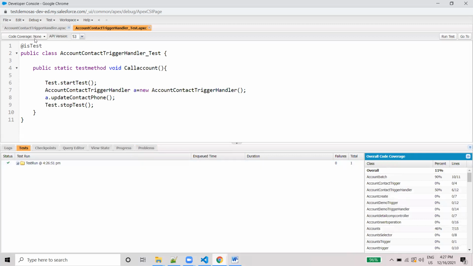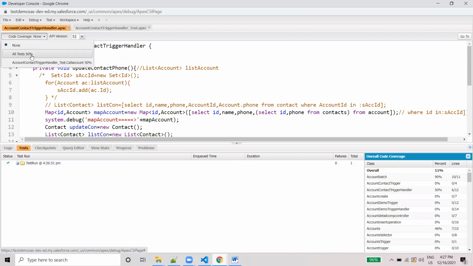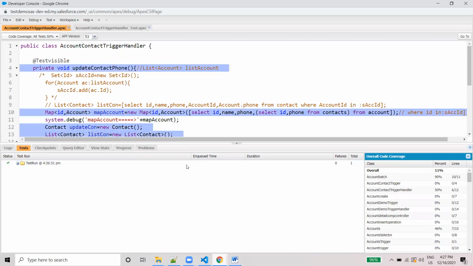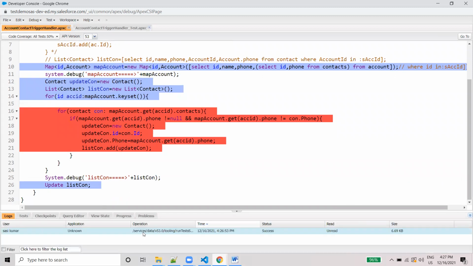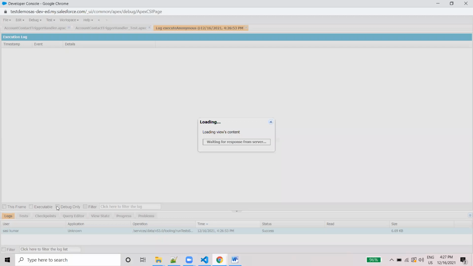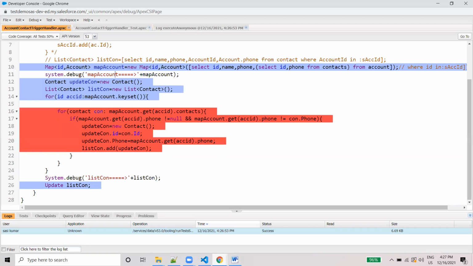Now you can see our test ran successfully, but only 50% of the code is covered. This code is not completely covered. Why? You can go and check the logs. In the debug, you can see the values are printed as empty. We have put two System.debug statements, and both are also empty. That's why it's not entering this block.